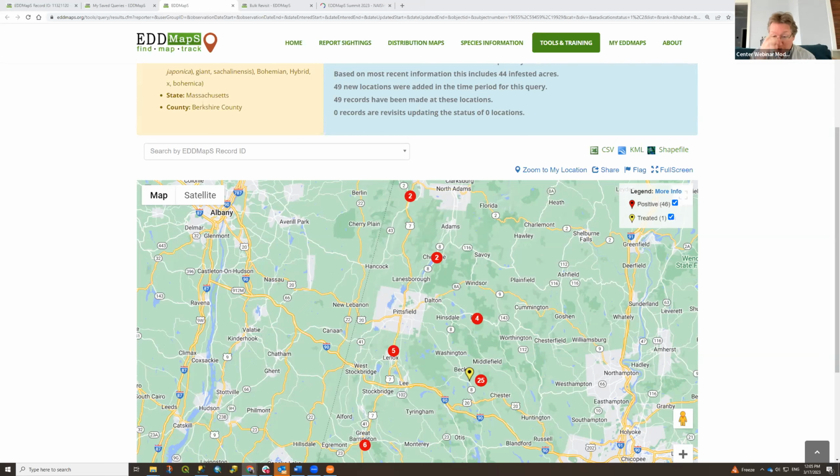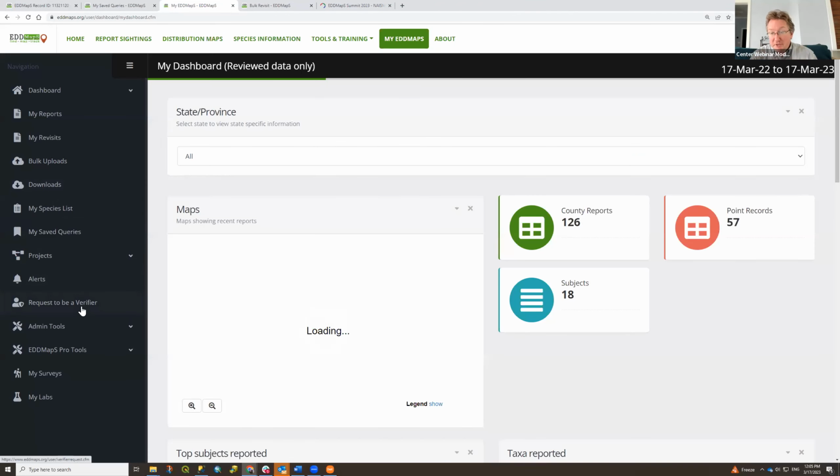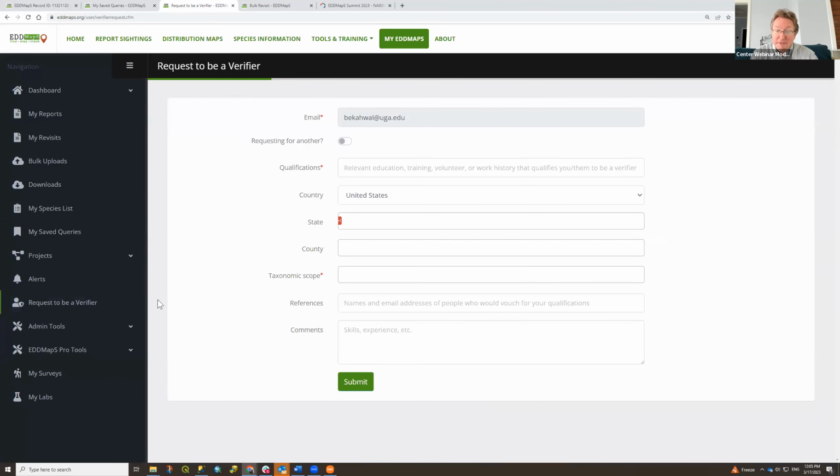So that's where verifiers come in. Verifiers get to see all the details of a record. They also get to see the contact information for the person that made the report. That's why we frequently have departments of ag listed as the verifiers, because when something comes in, the state plant regulatory officer for insects and pests and diseases of plants is pretty much king of the castle, or queen as the case may be. We don't mess with the regulators. We follow their rules and make it all work.